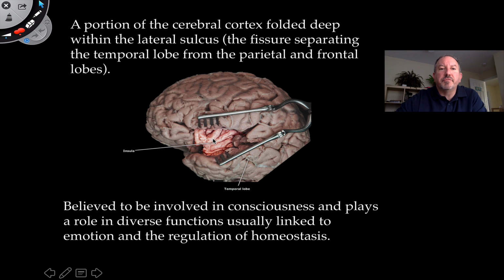So it's a deep folded part of the cerebral cortex, and the fissure that's separating the temporal lobe and the parietal lobe and the frontal lobe right in this area. But if you pull it back, you can see that sort of little island of cortex below, and it's thought to be, and when I say believed to be, it's because we're always learning more and more about the functionality of the brain. Let me assure you, not everything is known, and there's more to come. And so perhaps you'll be involved in discovering something about the functionality of the brain in your future studies. That'd be cool. So it's believed to be involved in consciousness and plays a role in all kinds of diverse functions,